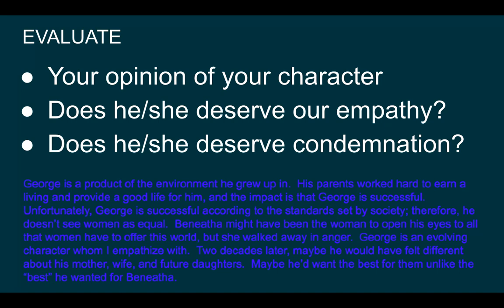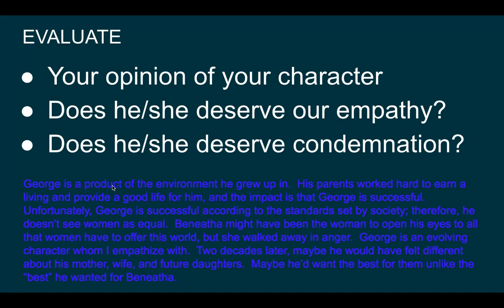So this is me and my opinion, and I'm not gonna lie, this took me about 10, 15 minutes because I really had to think about George. My instinct was to be super ticked off at George and think he's annoying and he's sexist and all of this. But then I thought, gosh, is it really his fault? What about his parents and all they did? So it took me. That's why the evaluation can't be